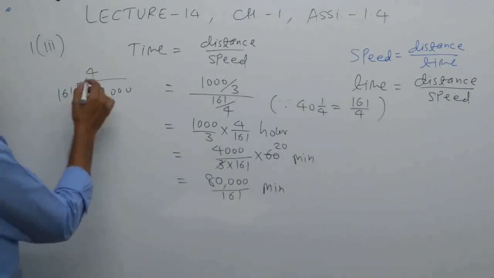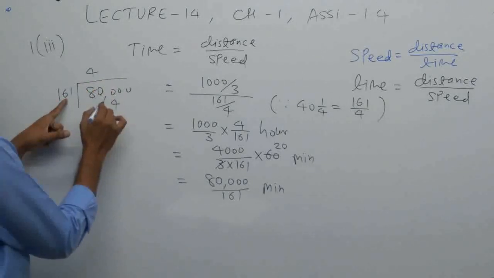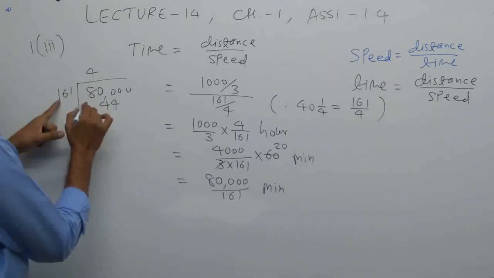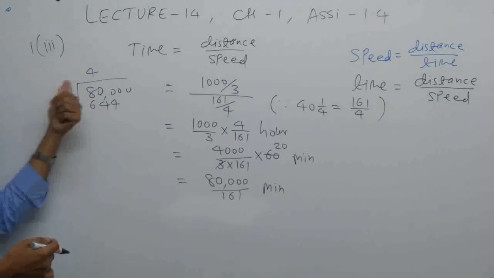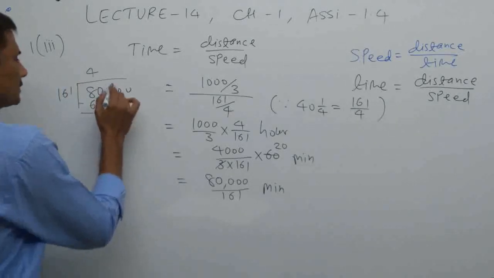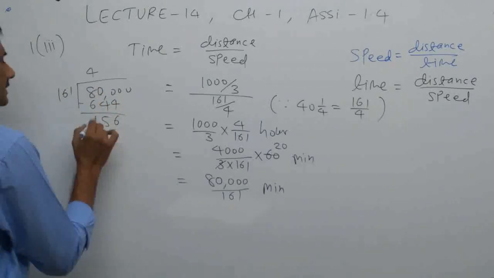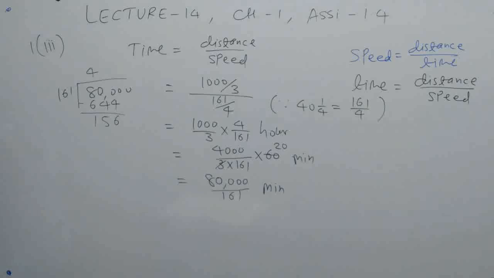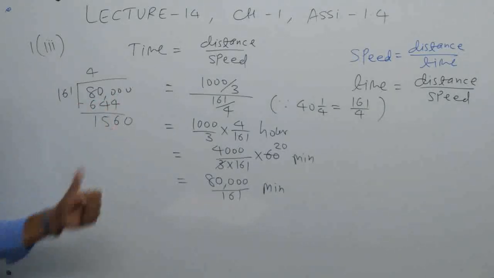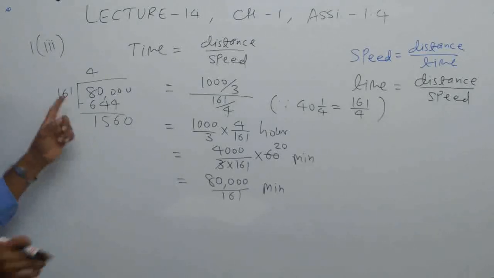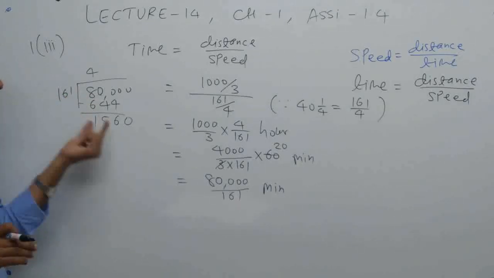So it is 4 1s are 4, 6 4s are 24, 2, 6. Okay, 4 1s are 4, 6 4s are 24, 2, 4 1s are 4 plus 6, subtract. So 10 minus 4 is 6, 9 minus 4 is 5, and 7 minus 6 is 1. So it is 156. Now again a 0 is brought down here. 1560 is a quite larger number, and actually the tenfold of that will be 1610.